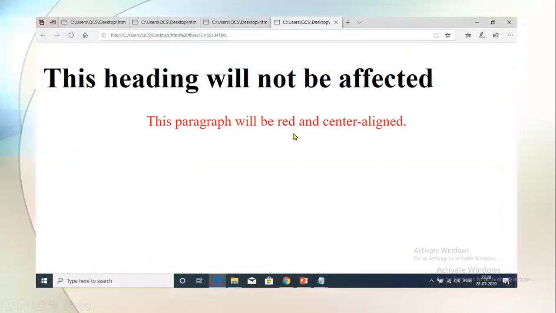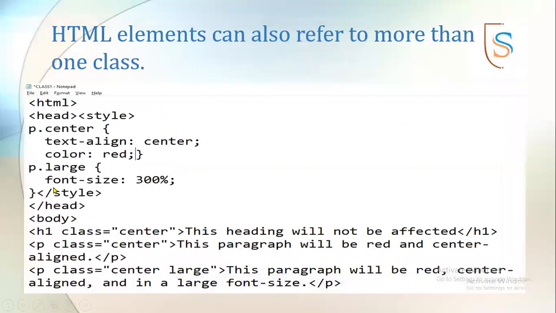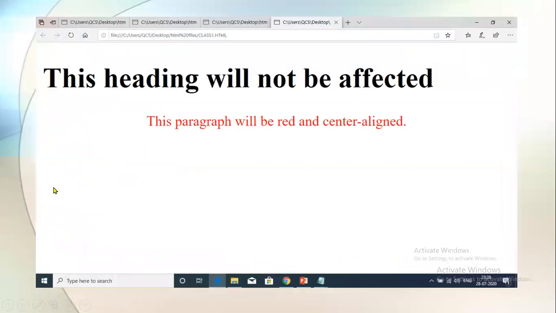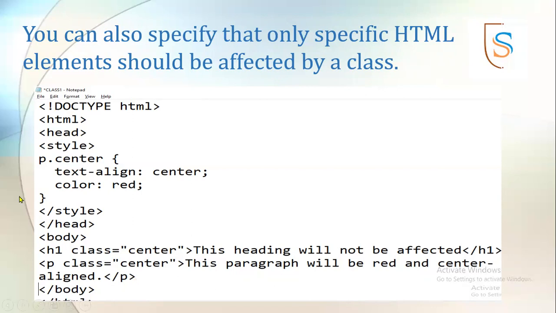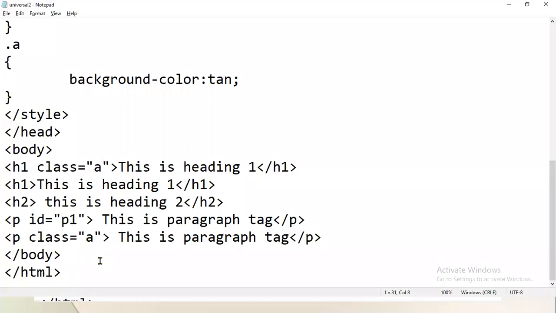You can see the formatting has been applied to the P tag only, because here we have specified that we wanted to apply the property only to the P tag which has been assigned the center class. Let me show you the practical example of the same.